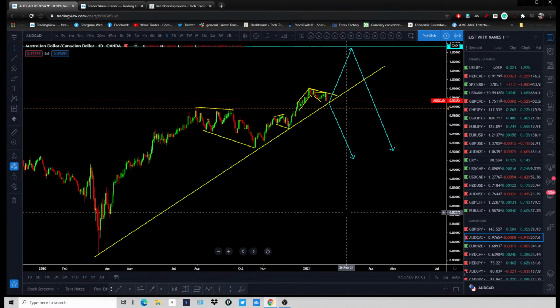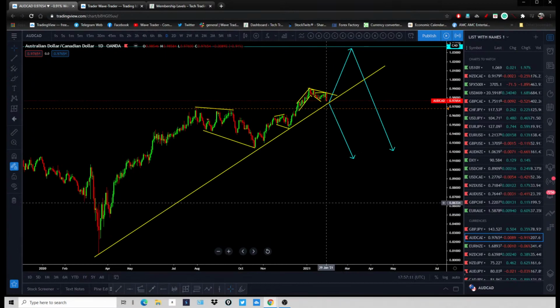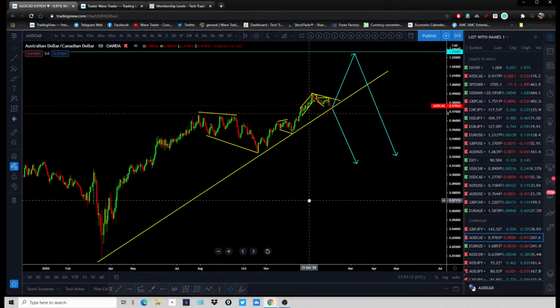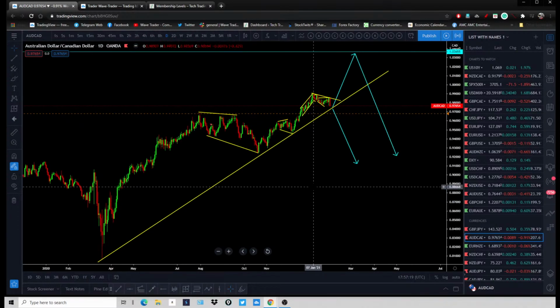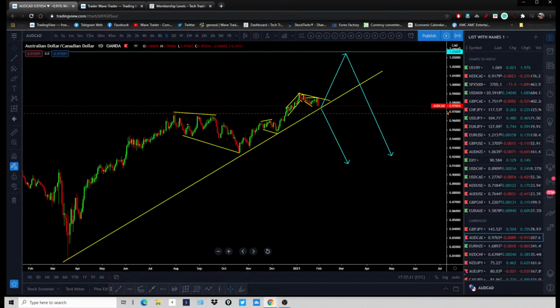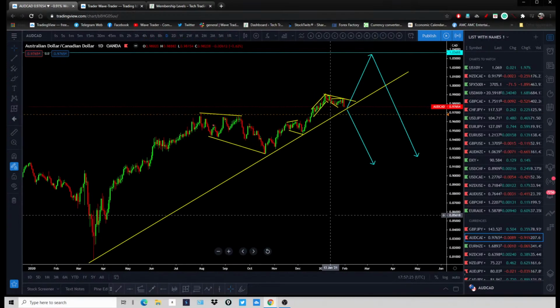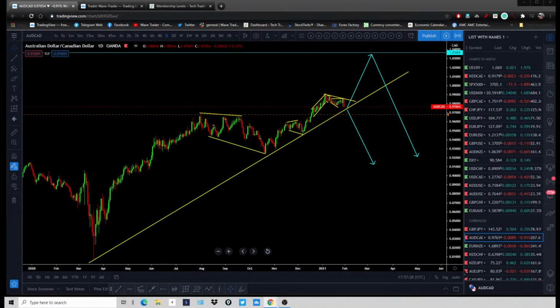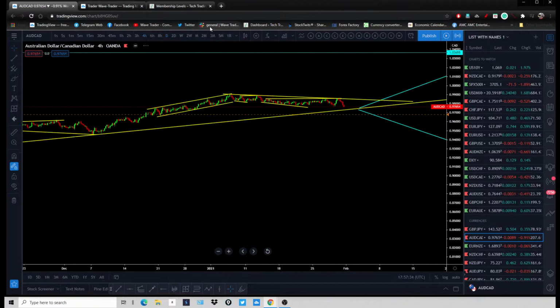Those who are watching on TradingView, unfortunately guys, you're not going to see my drawing over there. I'm actually drawing using a pen on my charts, but unfortunately you're not going to see it on TradingView. You're only going to see my structure and what I'm talking about. Those watching me on the other platforms are going to see my drawings. So let's move on to the